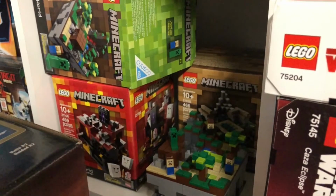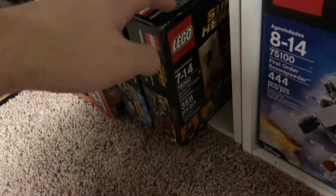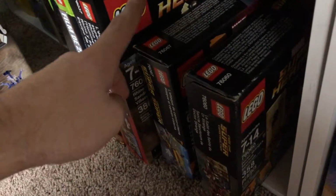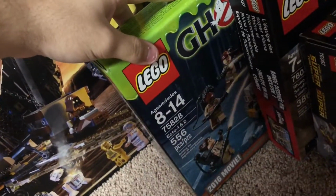Do have the Minecraft sets. The red and the brown box are sealed, and then we do have the open regular one. Whole bunch of Ninjago back there, Chima, all sealed. And then down here, so pretty much down here we do have stuff like the Doctor Strange Satorum right there, Civil War Spider Tank thing, the Sandman Battle, and then the Ghost Rider, or not Ghost Rider, Ghostbuster Ecto 1